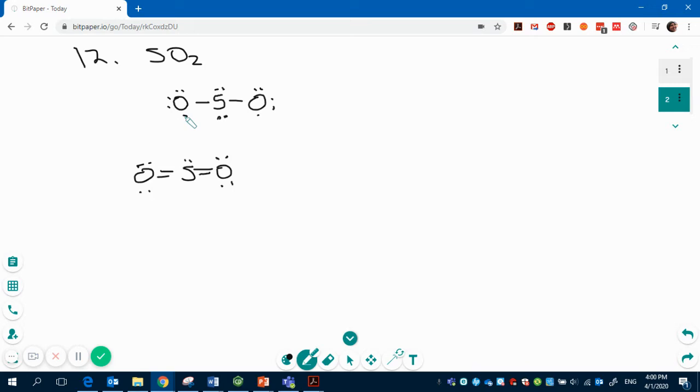Now, if we evaluate this Lewis diagram, we can see clearly that while it's okay for the oxygens, the sulfur has an expanded octet now. Again, you should remember that this is one of those things that's a little bit in between in terms of what's acceptable and what's not. So this is fine, and it turns out conveniently that even if we want to make another version of this Lewis diagram,